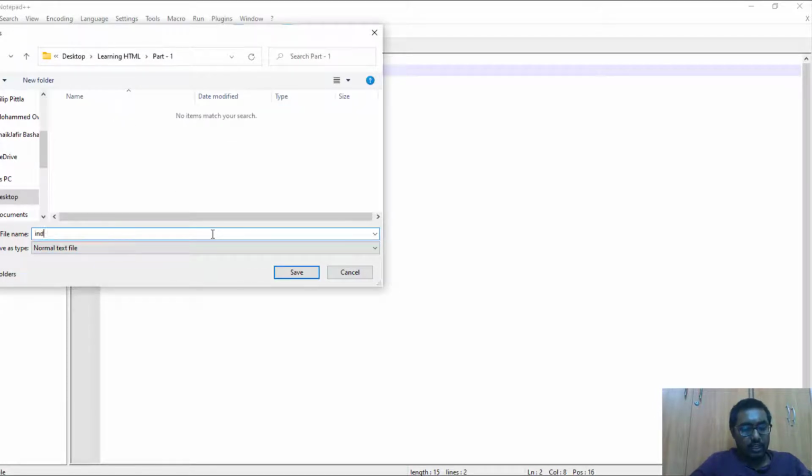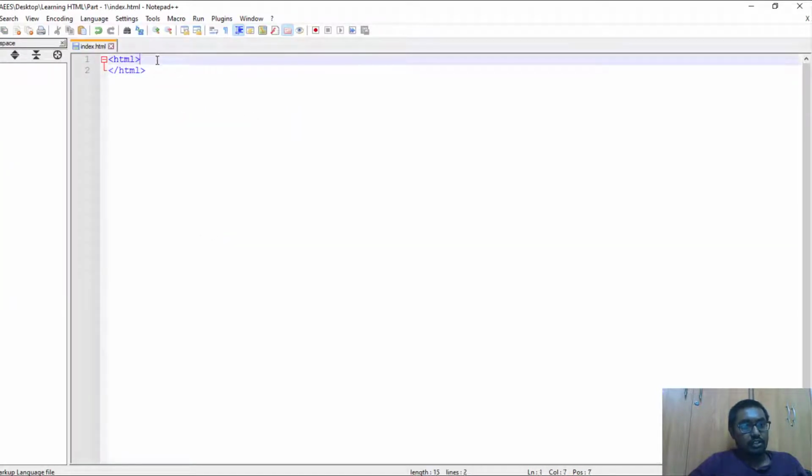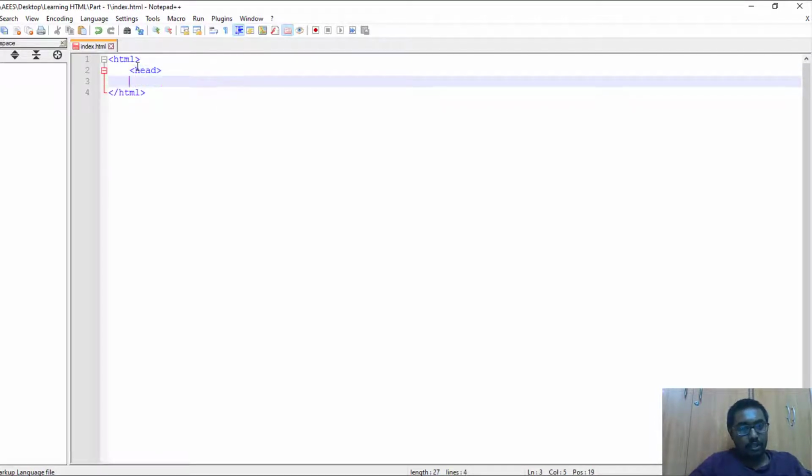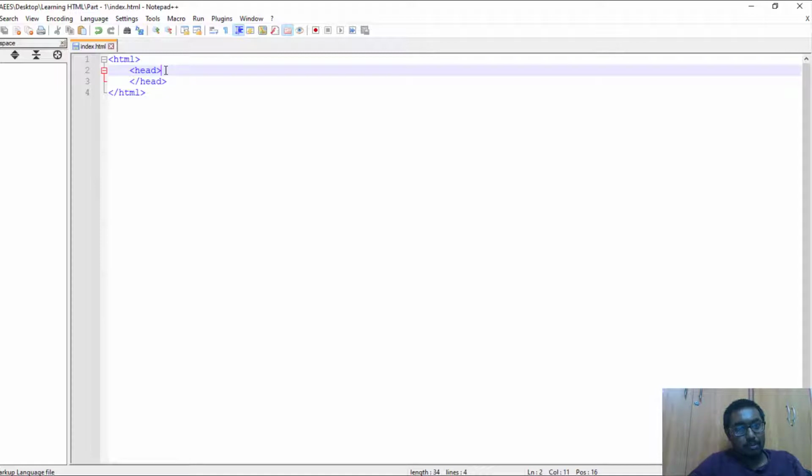Here you go with the index.html. I've saved it as index.html. You can see a beautiful line is there. If I want head, it gives me a drop down, so coding becomes simpler.